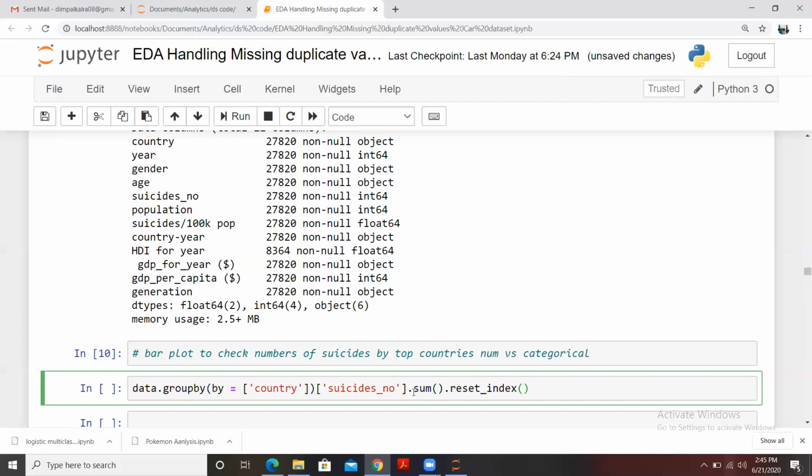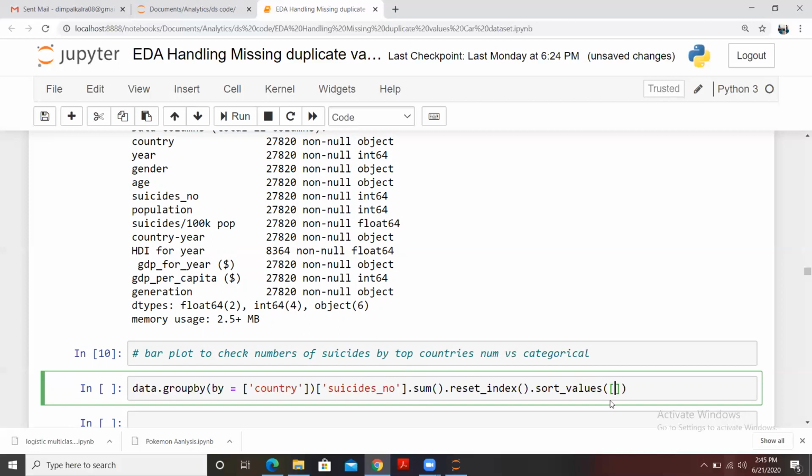And then I want to sort my data based on the values. So sort_values will be there. And how you want to sort your data, that you need to pass. It's up to you. Either you can sort your data based on the suicide numbers, or in case you want categorical sorting, you can use different columns as well.